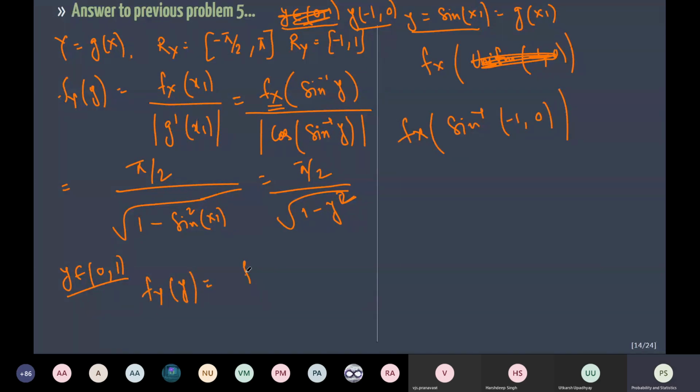And this is fx x1 divided by g prime x1. So y in 0, 1 range,